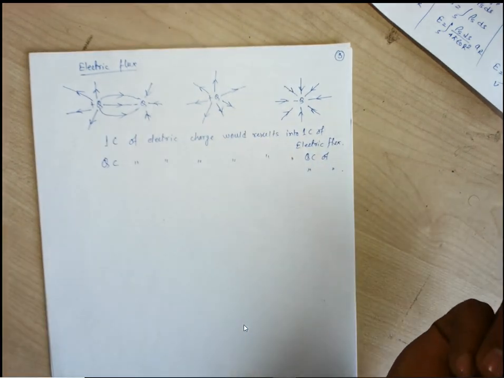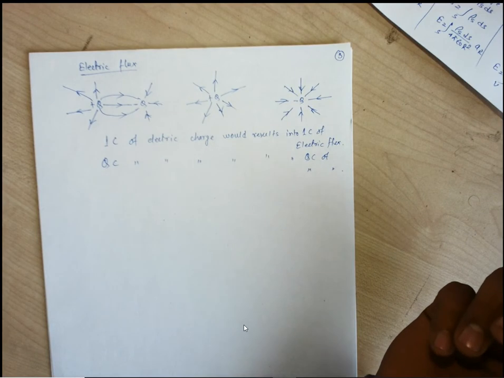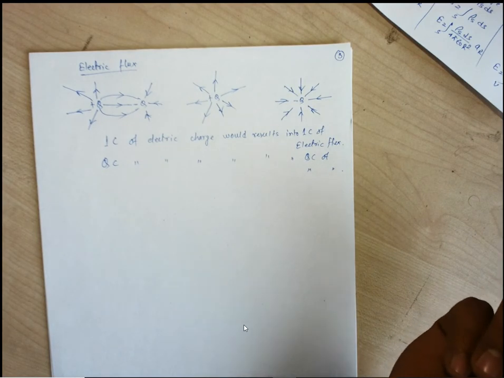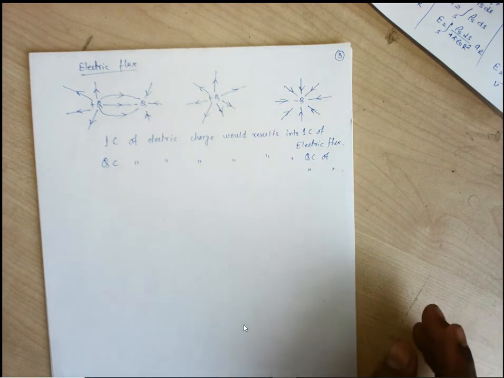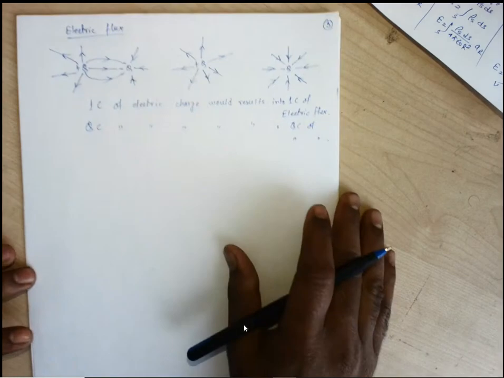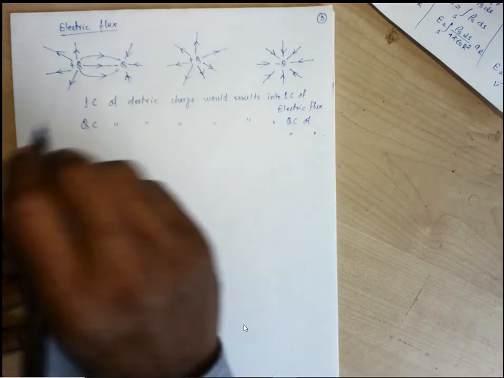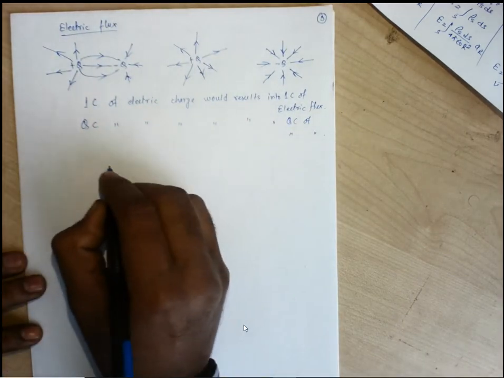Okay, so we can say the flux calculation is equal to the charge calculation. So if we can calculate how much charge is contained in any enclosure, let us consider it may be on any surface, on any line, or in any volume, then we can easily do the calculation for the flux. Okay, so let us take an enclosure. Let us consider something like that.